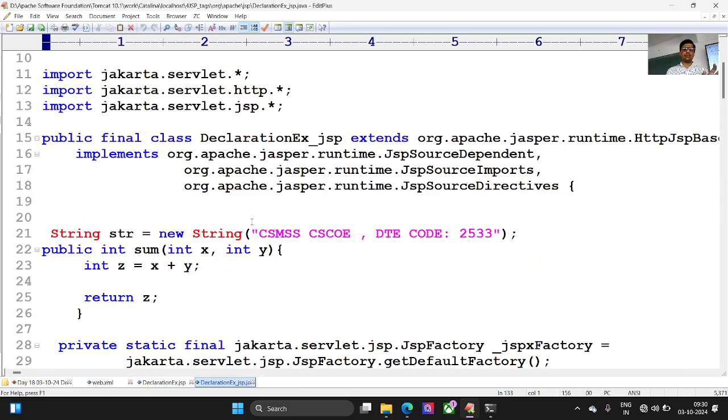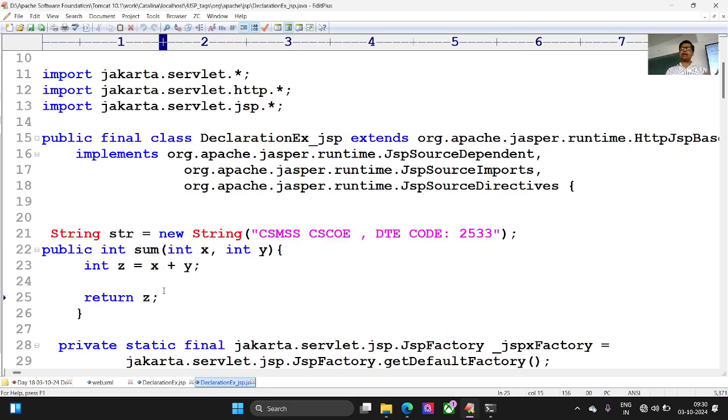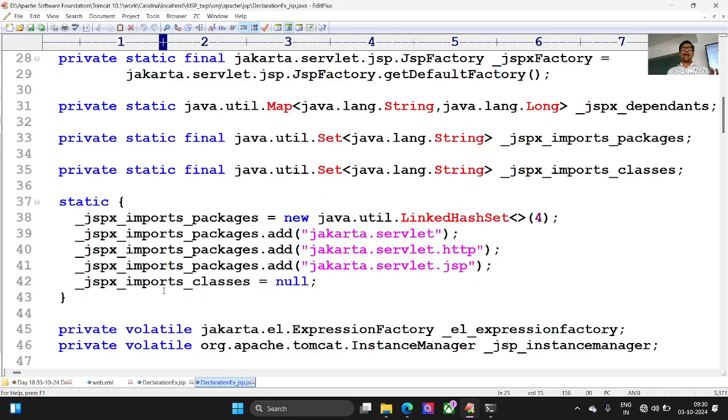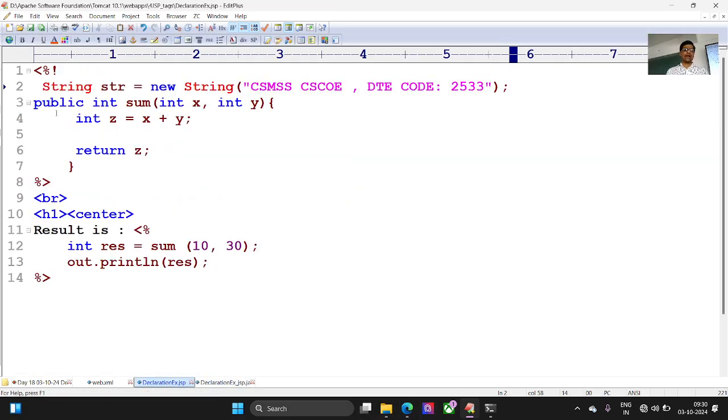This will act as a global variable. Can you see here? I can call this string variable in my sum method. I can call this string variable in my JSP init method. I can call that string variable in my _jspService method. It acts as a global variable now, right? Understood? So you can declare variables, simply declare a variable, or even call it. If you are not happy with this,